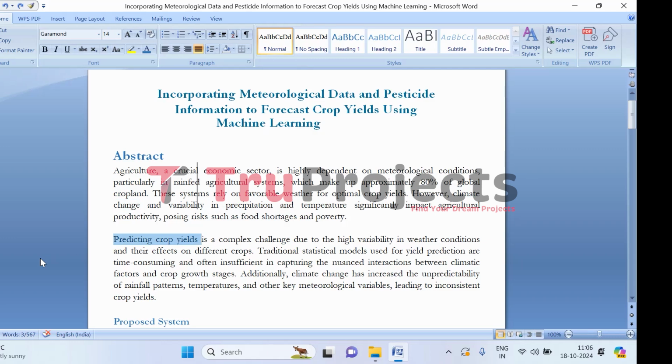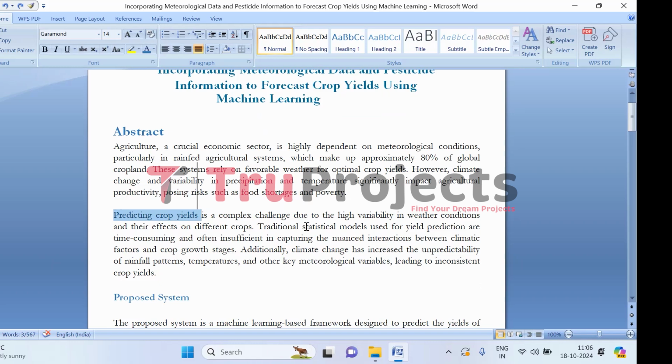Predicting crop yields, that is, predicting how much crop will yield, is tricky because weather can be so unpredictable and different crops respond differently to it. For example, a heat wave might hurt a wheat crop but not affect millet as much. Traditional methods like statistical models take a lot of time to process and struggle to fully capture how factors like rain, temperature, and growth stages interact. With climate change in the picture, things have become even more unpredictable. Rain doesn't always come when expected, and sudden temperature shifts are more common. All this makes it harder for farmers to rely on past patterns, which can lead to unexpected drops in the